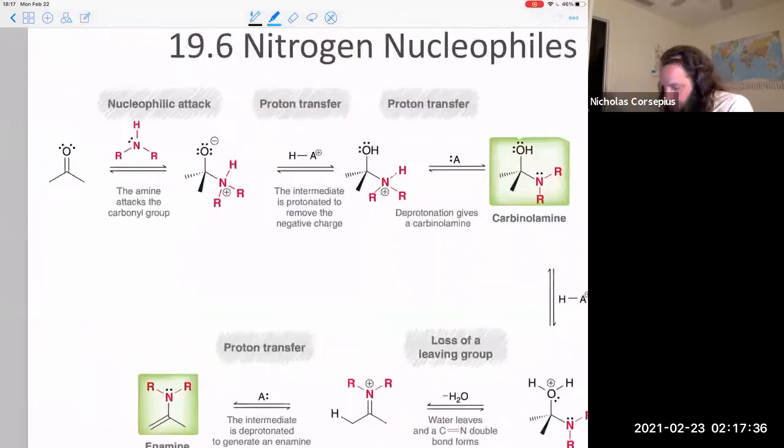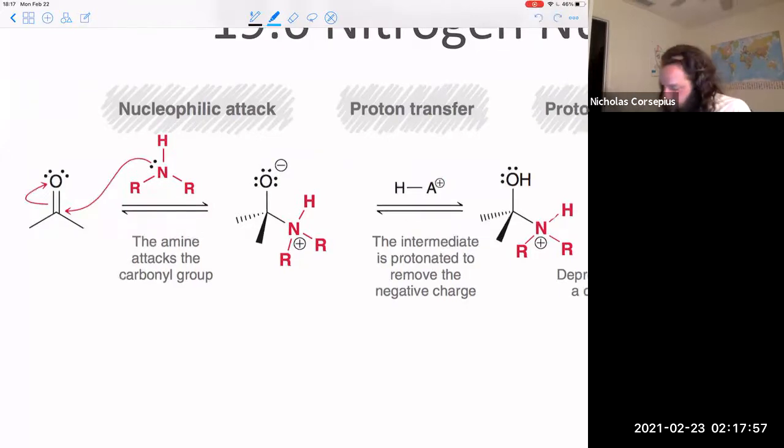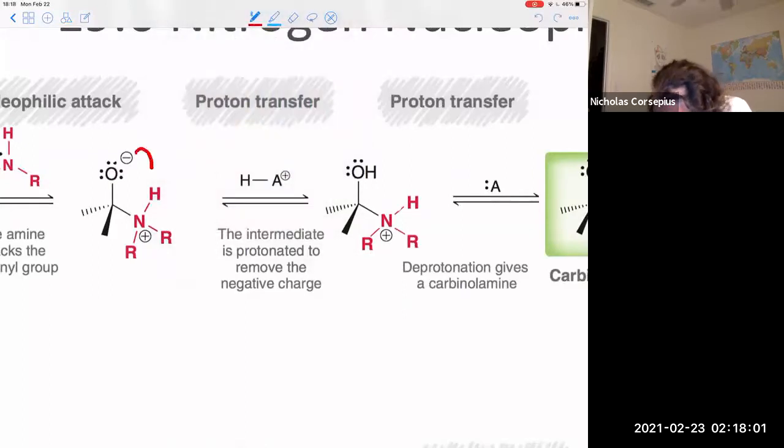So let's see the reaction mechanism for this. It's going to start out much the same. First step is going to be nucleophilic attack of that electrophilic carbonyl carbon, bumping that pair of electrons. Again, because this is neutral conditions, I'm going to get this intermediate that has both a positive and negative charge. So I'm going to need to deprotonate the nitrogen and protonate the oxygen. The book does it in 2 steps, but if we're going to be lazy, we'll do it all in one